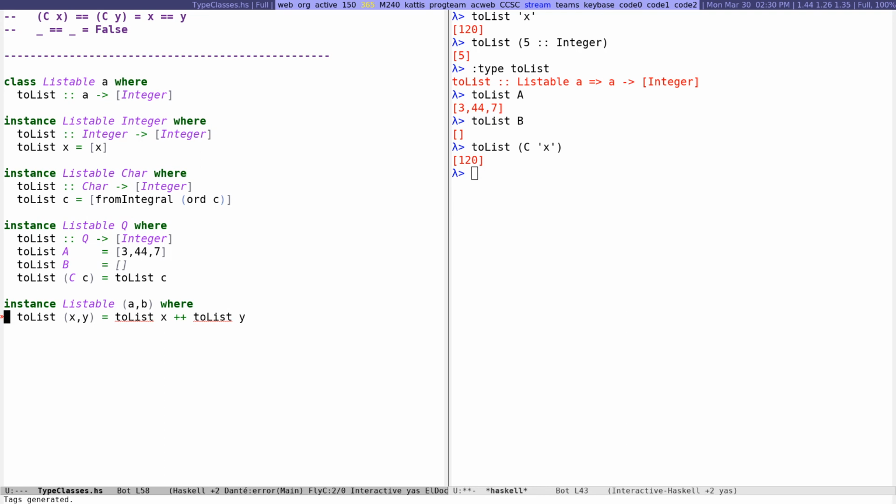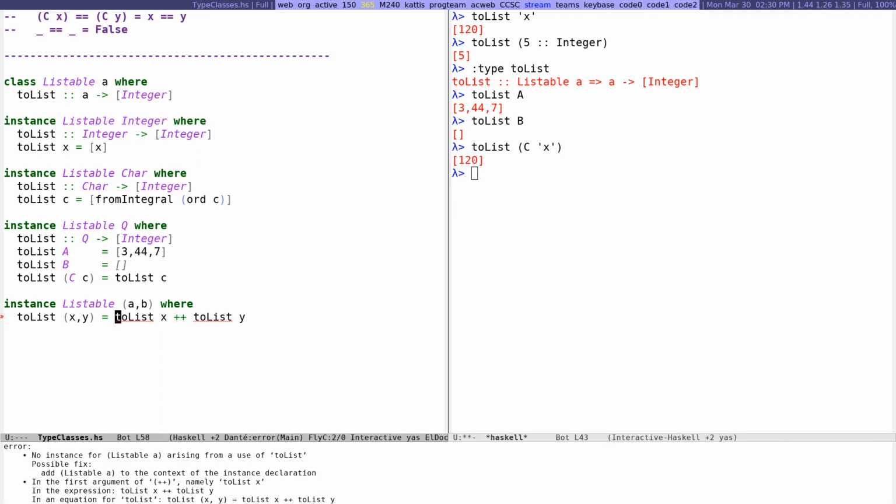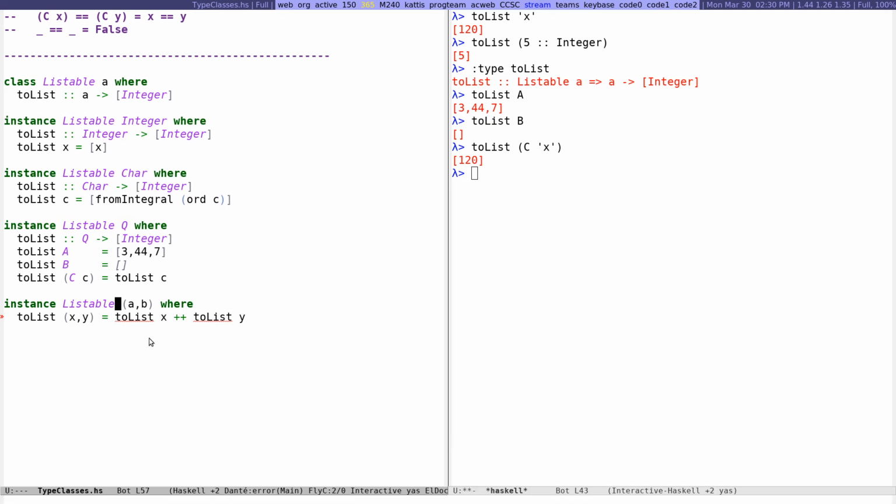Okay, but this is going to be an error. And why? It says, down here at the bottom, no instance for Listable A arising from a use of toList. So you use toList on this X, which has type A, but I have no guarantee that there's going to be an instance of Listable for A. And actually, the possible fix that it tells us here is good. It says possibly you could fix it by adding Listable A to the context of the instance declaration. So that's what it's talking about. Here we could say